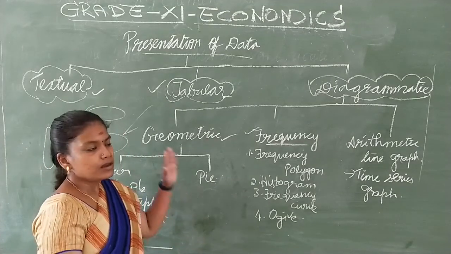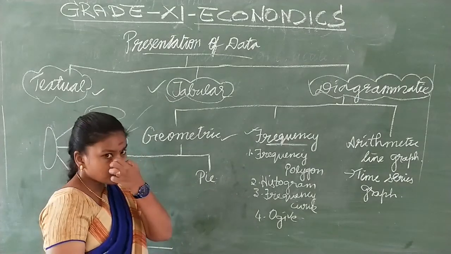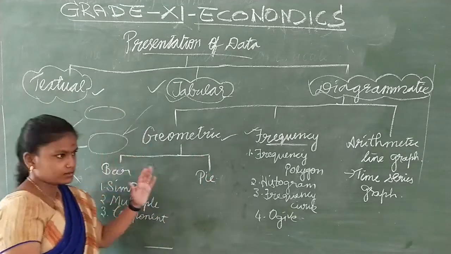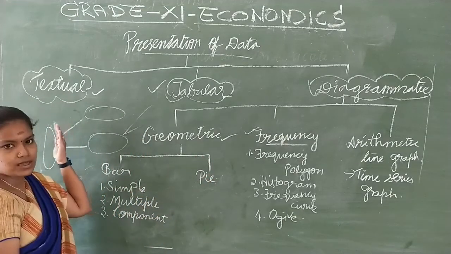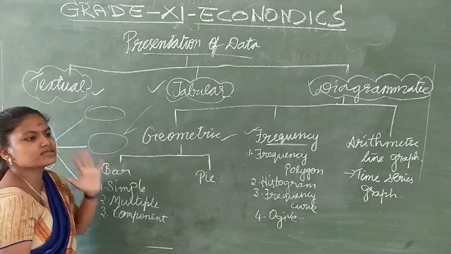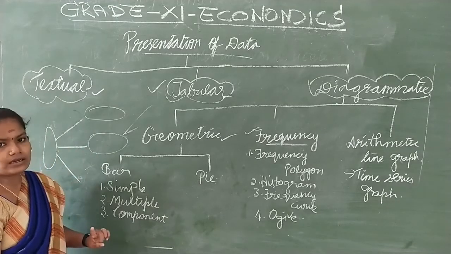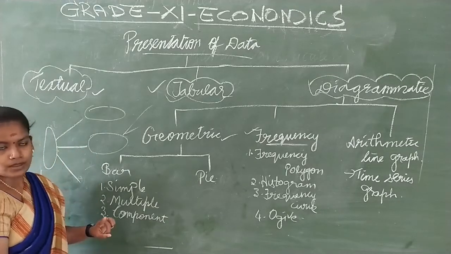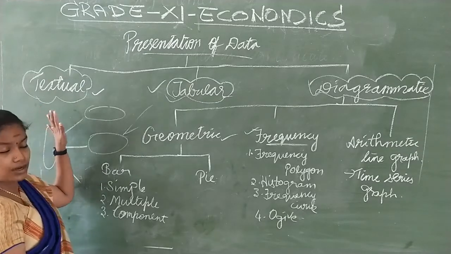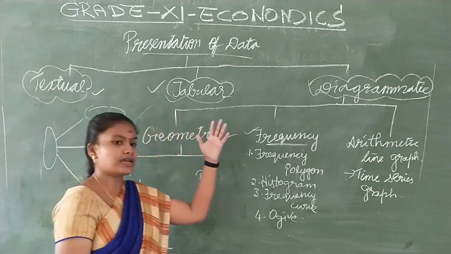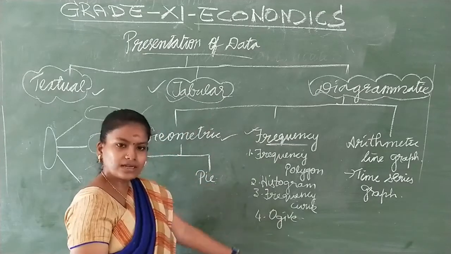It's on your understanding and what else should be there. What do you mean by that? So when you put textual presentation, what is it? Data presented as text. Enough. Just a line, how you have understood it. Alright? Data presented as text. Tabular column. Data presented as a table.